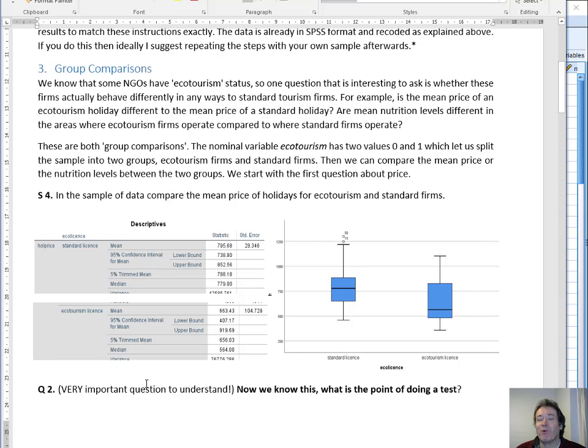Question 2 is critically important, which is why I keep repeating it. Now that we know this, what's the point of going on doing a test? Why do we need to do this? Make sure you have thought about this and pause if you're not sure. Okay, so the reason why we need to do a test is that the results we have here,